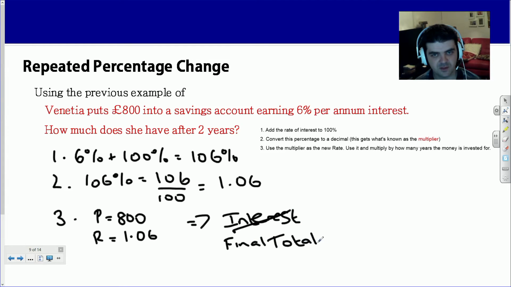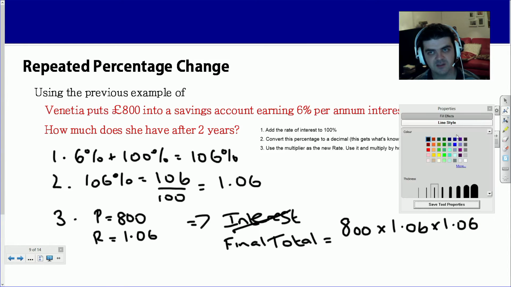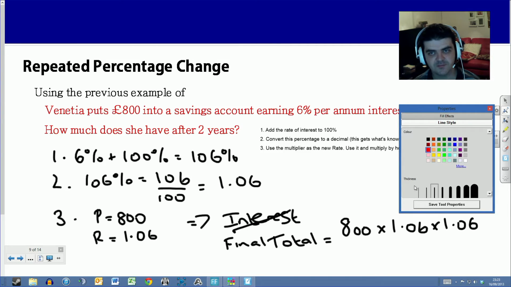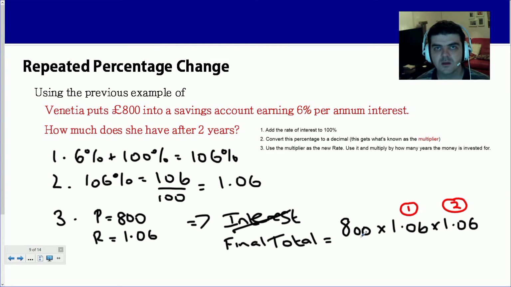If we use it this way, it's a very distinct difference, and it cuts out a couple of steps as done beforehand. What we do is we take our principal sum and we multiply by 1.06. Now, that's for the first year. If there's 2 years, we're going to multiply by 1.06 again. And to better illustrate this, I'll change the color. That's for year 1. That's for year 2. And what you get is